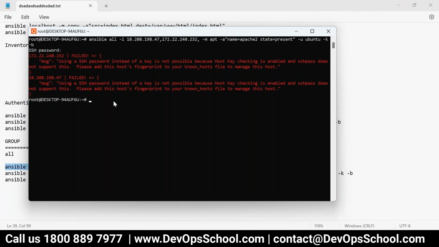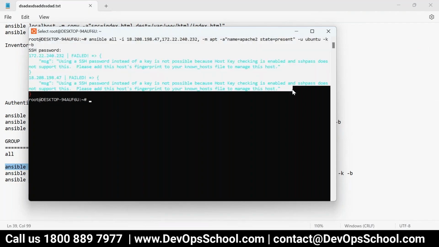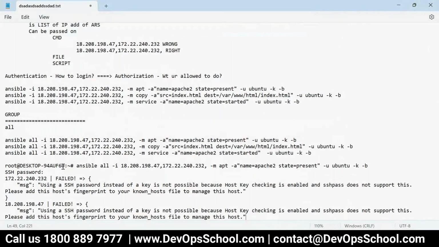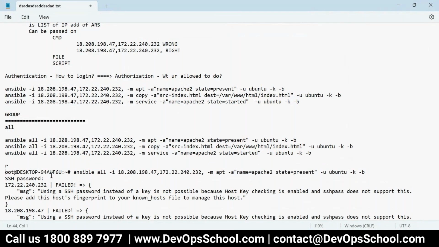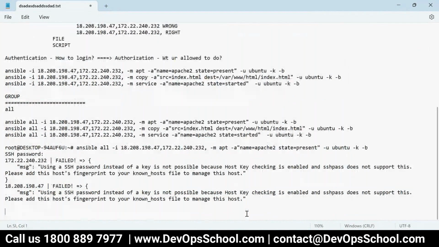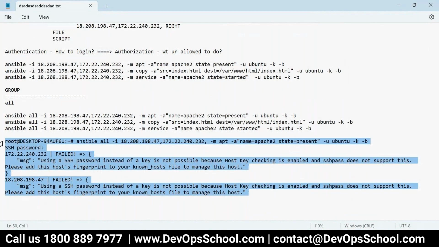This error will pop up recently. Now, how do we fix it? Simple. There are two things to do for this error. First thing,